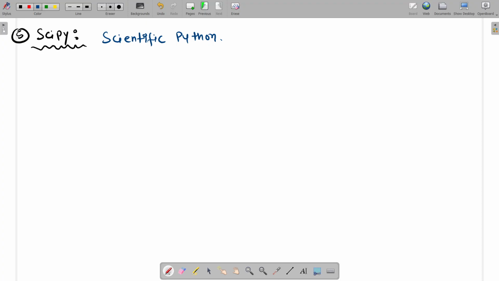statistical analysis. So we will use this library when we want to perform more advanced mathematical